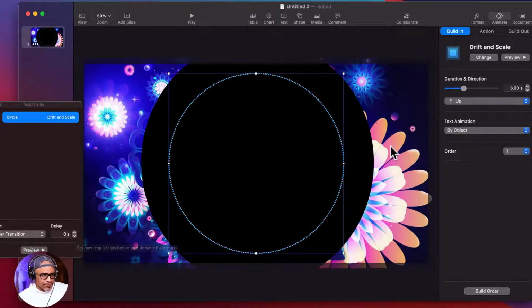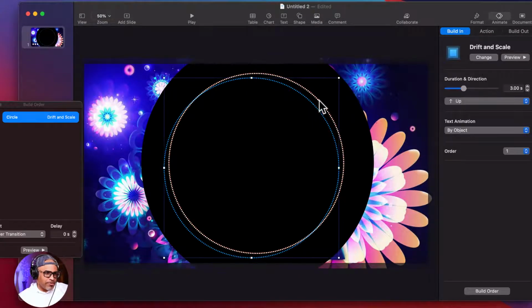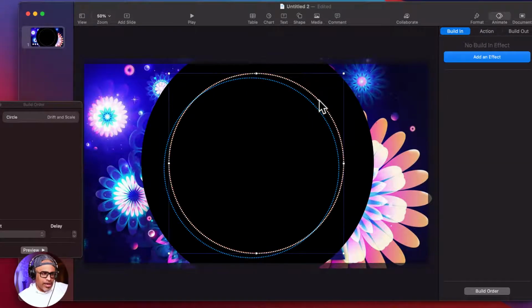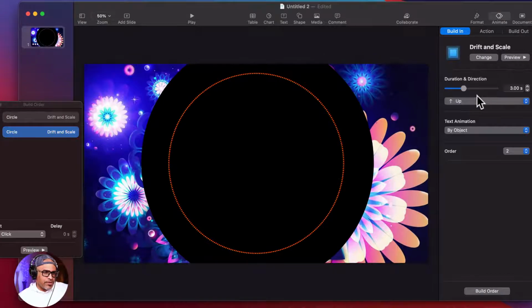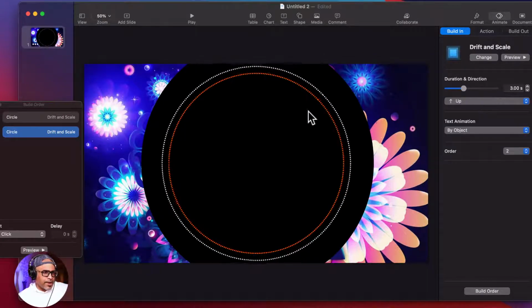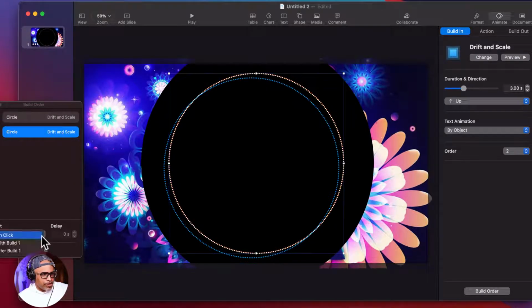So now that's that. Now I want to find the other circle. Now the other circles are behind this one, so I've got to figure a way to get behind it. I'm just going to drag it off so I can click the one behind it, and I'll put it back in just a minute. But I'm going to add the effect, go here, do the same thing, drift and scale, boom, and I'm going to do it after build 1,